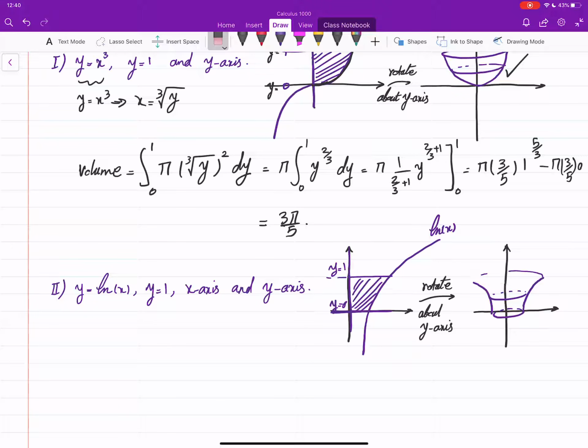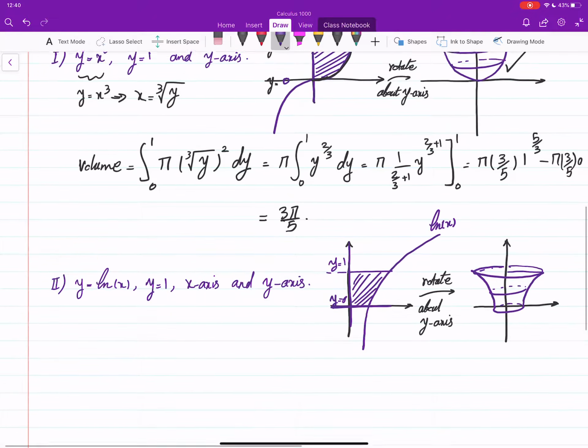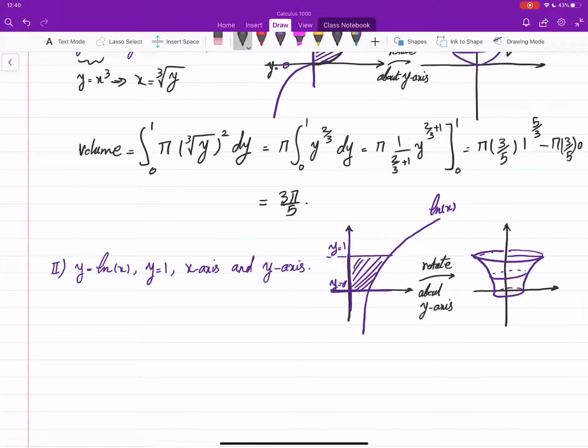It is a solid, there's no space between. So then the volume here